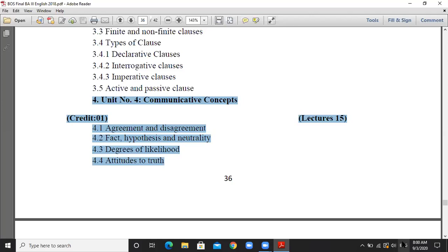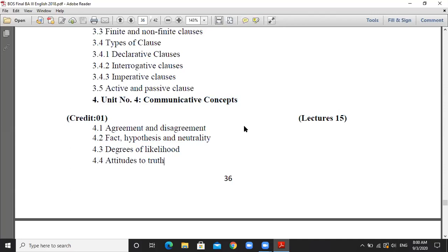So this is the only syllabus for semester 5, right? If you have any doubts, you can write them down in your notebook. So at the end of the lecture, we can have a discussion for 5 minutes, right? Before that,